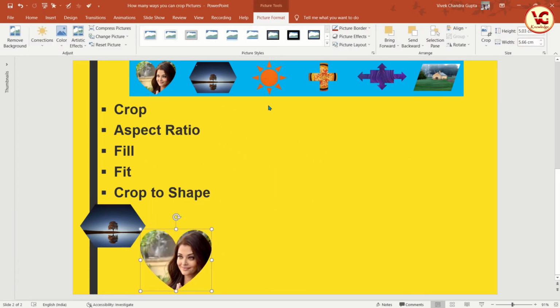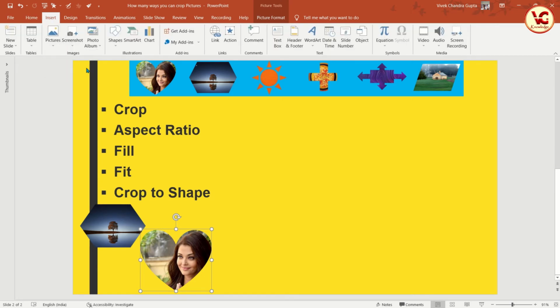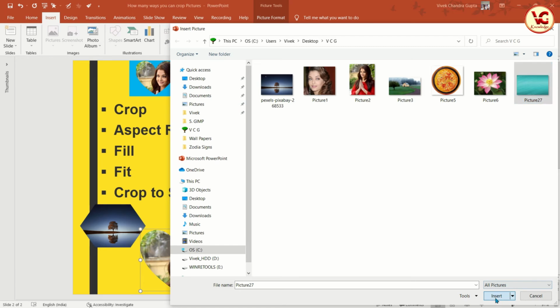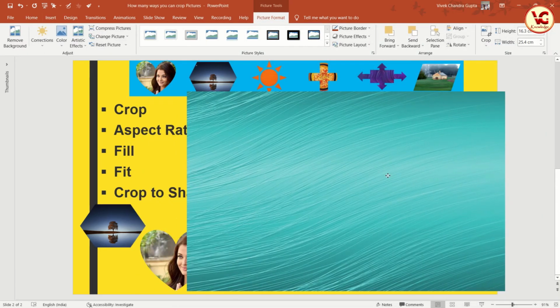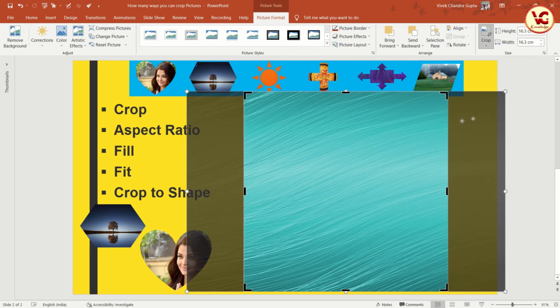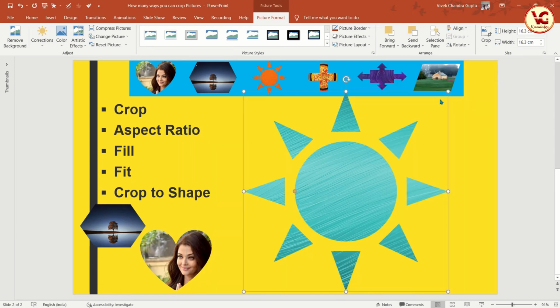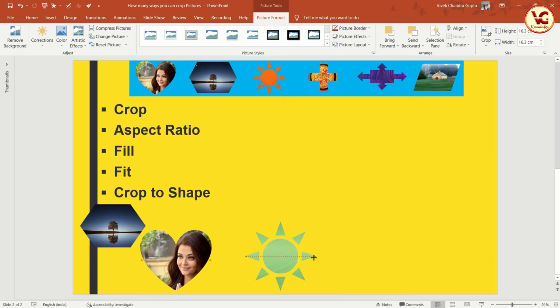So two shapes. Now how can we achieve this shape? So again we have to select what color of this image we want. So let me select this one image. Okay, this time we have to select 1:1 because it should be a perfect circle. So aspect ratio should be 1:1. Now go to shape and select this one. So now we can see we have achieved this one as well, right?